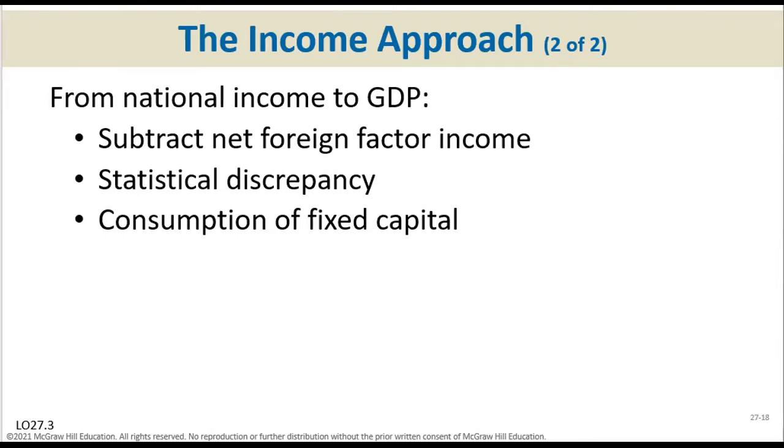The reason we use a statistical discrepancy is the fact that, in general, people tend to underreport income. Probably they earned the income a long time ago and forgot to report it, or for whatever reason, maybe because of earnings that are not reflected on the W-2 form at the end of the year. So for many reasons, people tend to underreport income. That's why economists use a statistical adjustment to balance it.